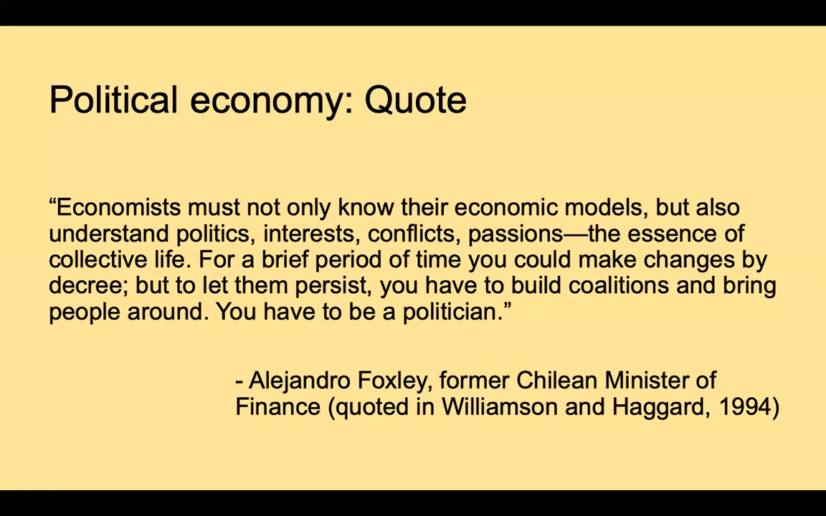So the quote is, "Economists must not only know their economic models, but also understand politics, interests, conflicts, passions, the essence of collective life. For a brief period of time, you could make changes by decree, but to let them persist, you have to build coalitions and bring people around. You have to be a politician." And this is such a beautiful quote, which is by Alejandro Foxley, the former Chilean Minister of Finance,